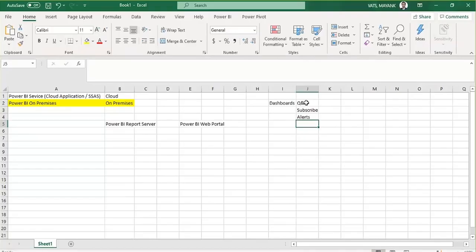There are many more. These features will not be accessible because there is no concept of dashboard in the report server. In the report server you can only deploy your reports and access them. That's it. Some common features like export data, cross filtering and cross highlighting, yes, you can do, right? But the advanced things you cannot do in on-premises Power BI.